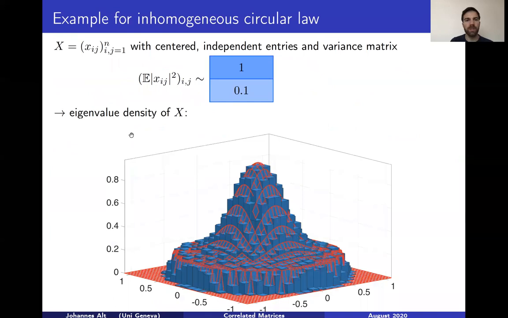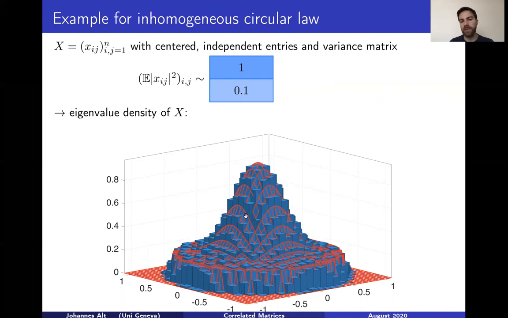Now I want to illustrate this to you in an example. So for a random matrix X with centered and independent entries, the operators S and S star are completely determined by the variances of the entries of X. In this example here, we consider the following case. The first half of the entries have variance 1, and the second half have variance 1 over 10. Then we rescale the matrix in such a way that the spectral radius of S is equal to 1. Then we get the following histogram for one realization of X.